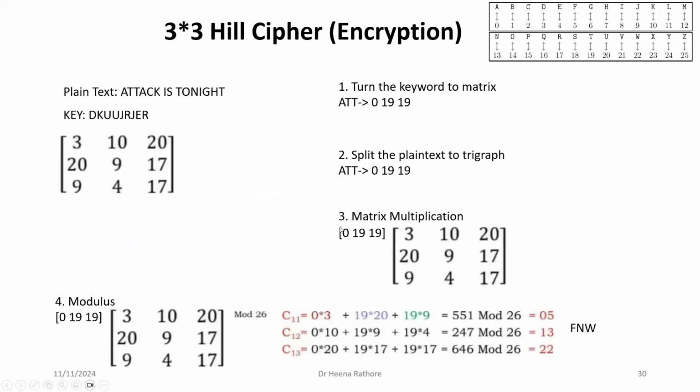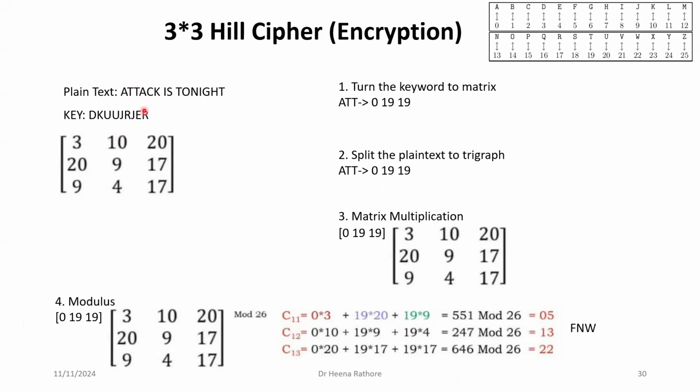Okay. So this is another illustration for a 3 cross 3 matrix. In the exam, I will not be giving you a 3 cross 3 matrix, but you should just know that we solved it for a 2 cross 2 matrix, but the same can be generalized for a 3 cross 3 matrix. Since we are processing three characters together, we will take ATT together. ATT is the one word that we will process together because it's a 3 cross